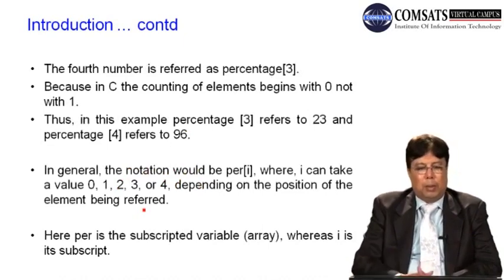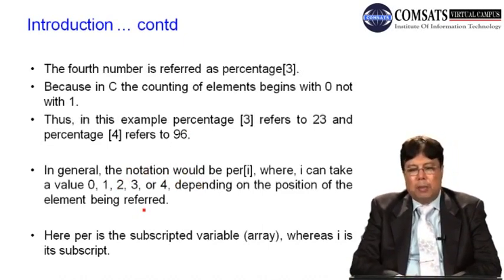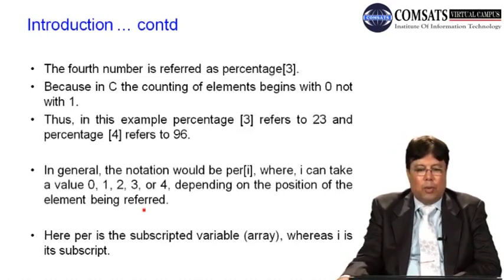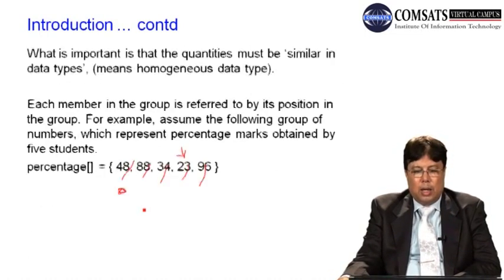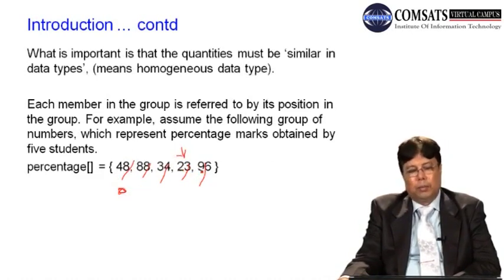यही बात हमने यहाँ पर बताई. Thus in this example percentage of 3 refers to 23 and percentage of 4 refers to 96. 3 is here, percentage of 3 and percentage of 4, जो कि फिजिकली 4th और 5th है, लेकिन सबस्क्रिप्ट के पॉइंट ऑफ व्यू से ये 3rd and 4th है. ओके,